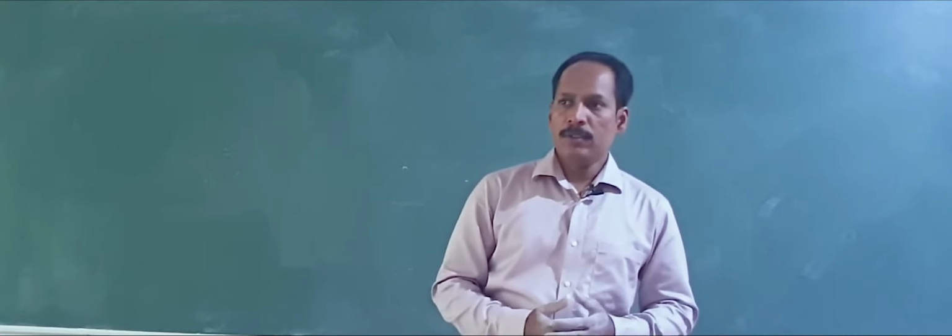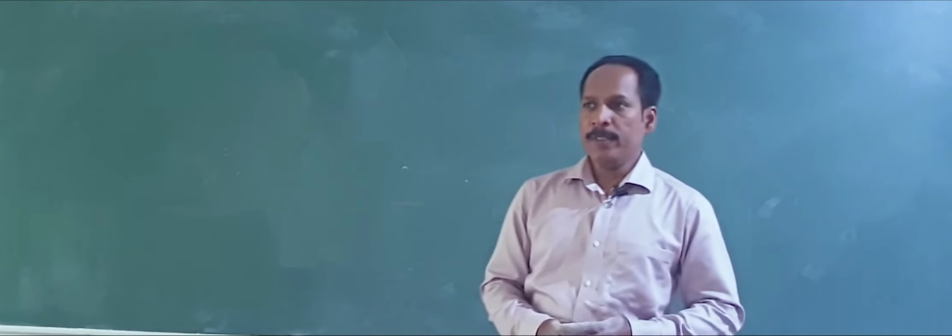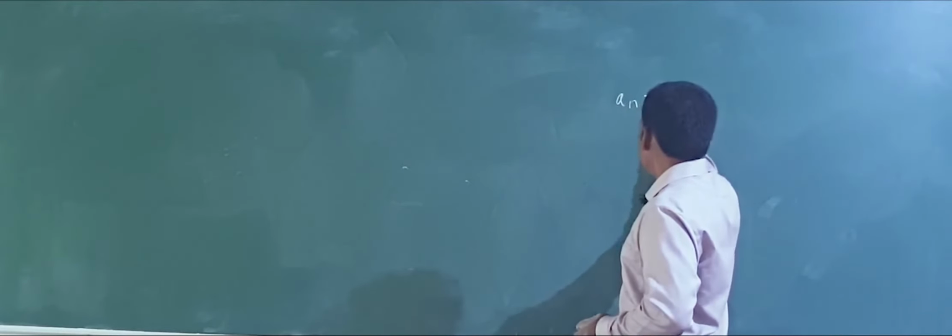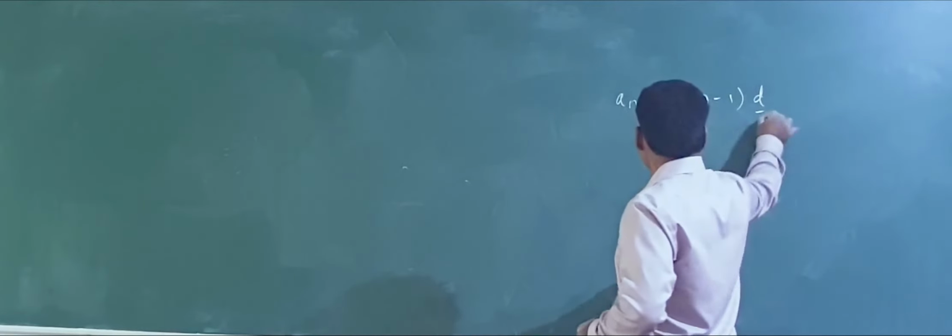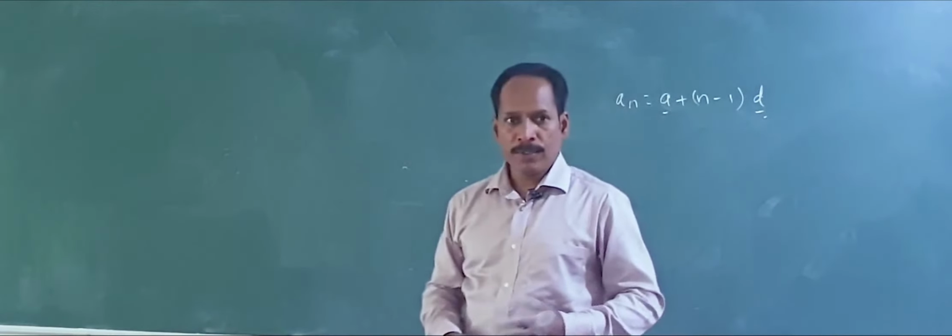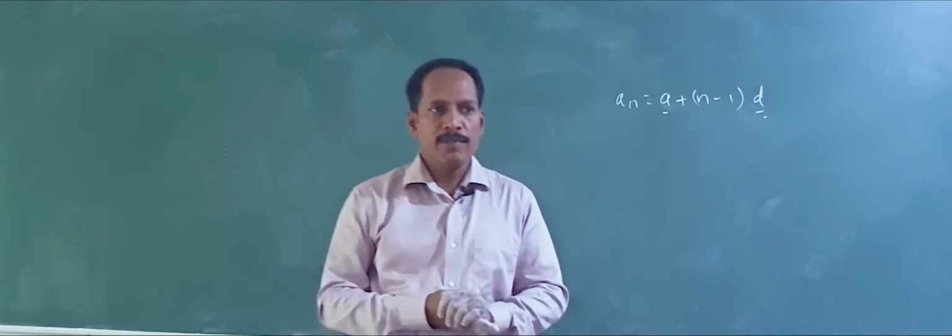So hi everyone. Today we are going to learn about the sum of the first n terms of an AP. In the last class, the previous video, I did how to find what an arithmetic progression is and how problems can be solved using the formula. We know the formula: the nth term is a plus n minus 1 into d, where a is the first term, d is the common difference, and n is the number of terms. We did many problems using this.